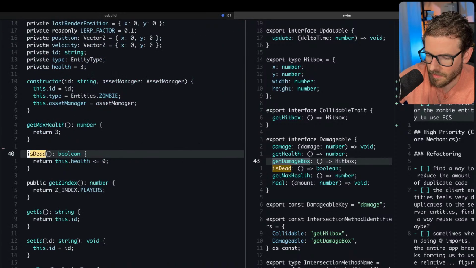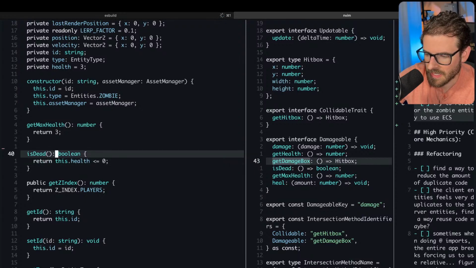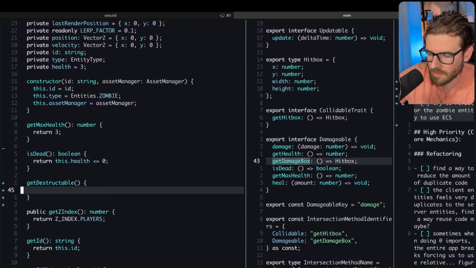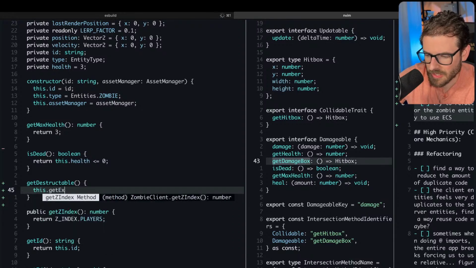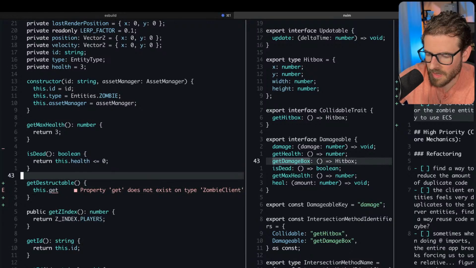Yeah. But I guess this is a good reason why you want to do encapsulation and abstraction, because now I could actually get the damage. I think we call it destructible. And we could just say we want to this dot get extension. We don't have. Okay, why don't we have that?